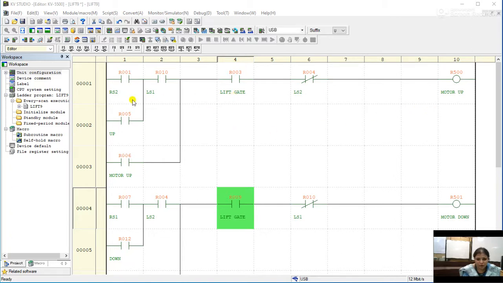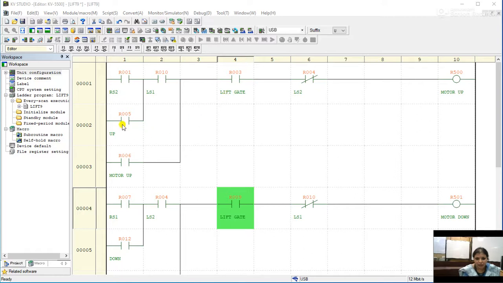Once the lift gate is closed and the RS2 or the up button is pressed, you will find outside the lift the up and down buttons depending upon the user request. Pressing the up or down button brings the lift to your position.